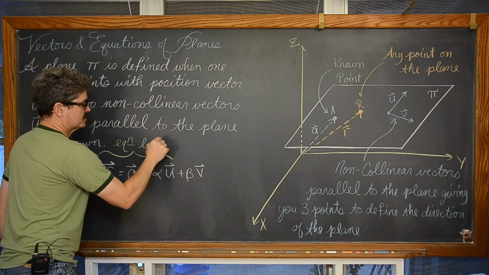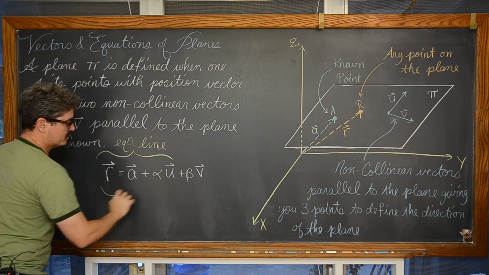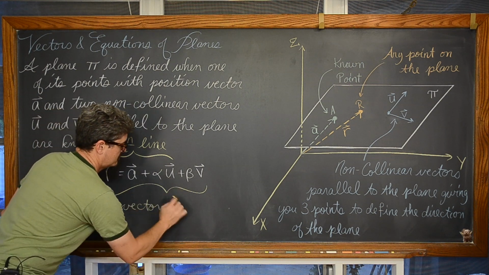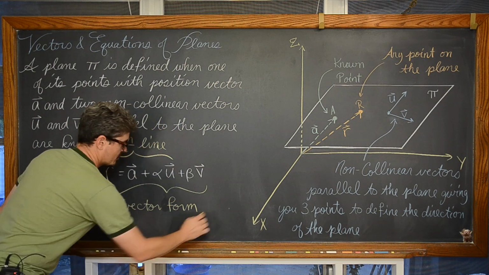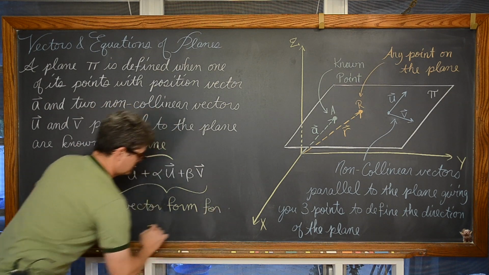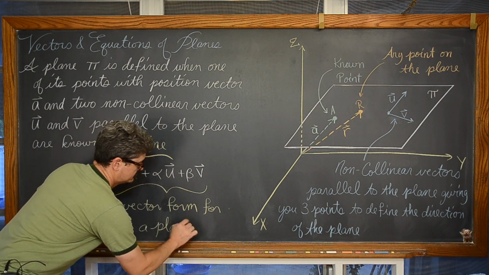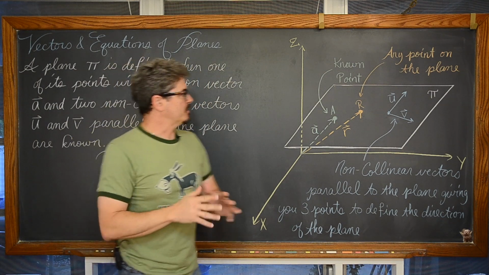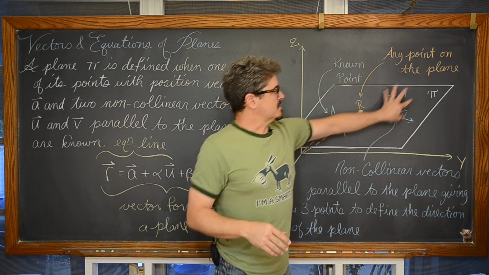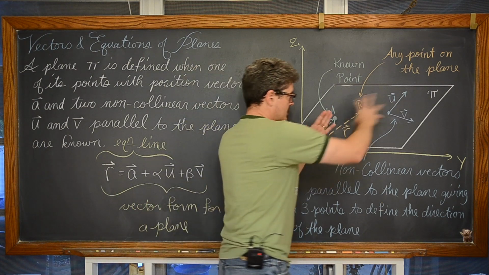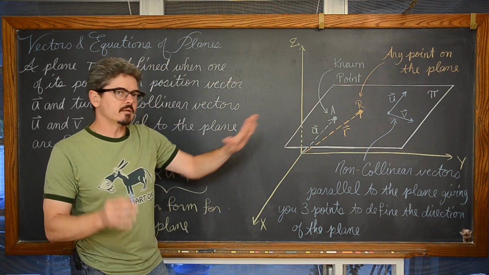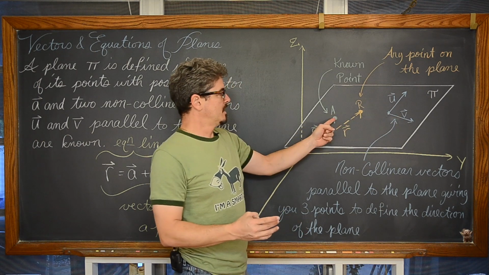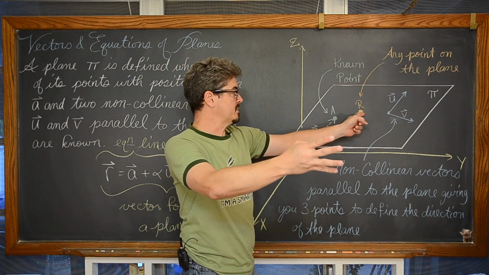And like I just said, we're just going to expand that into another dimension and have the vector form for a plane. Okay, so before we move on to the example here, while I'm drawing this off to the side, identifying those directional vectors, again making the orientation of that plane, of course, we have this initial point, and these two vectors are defining where every other point is in the plane from vector A.